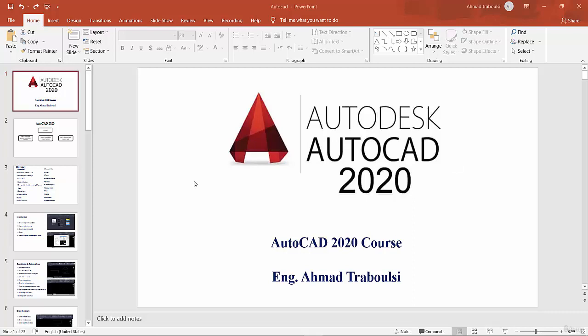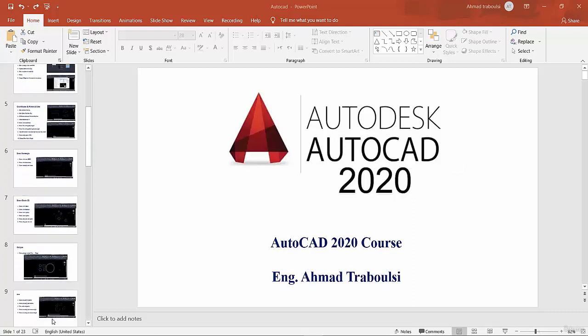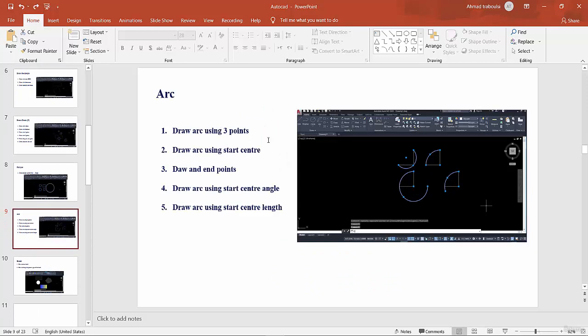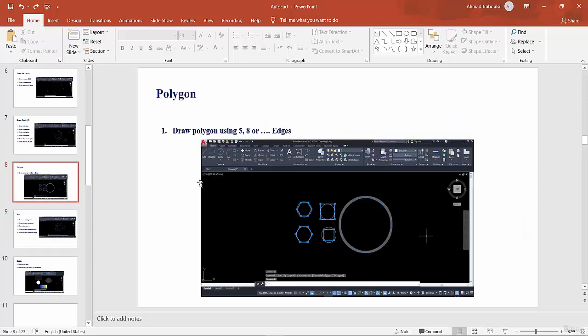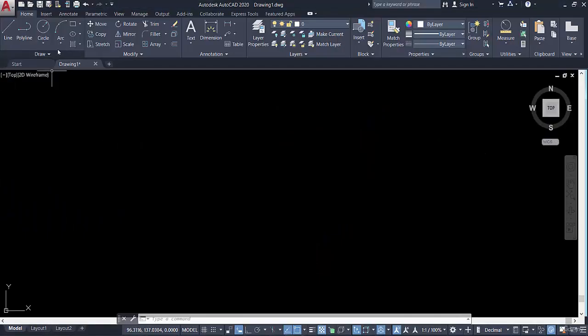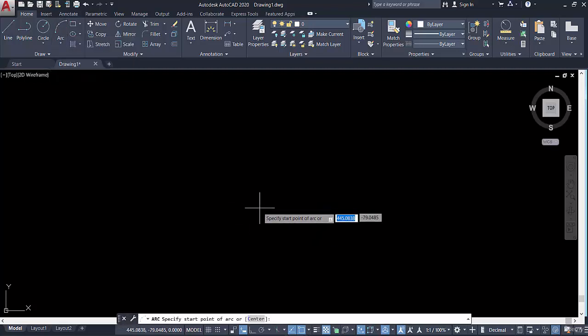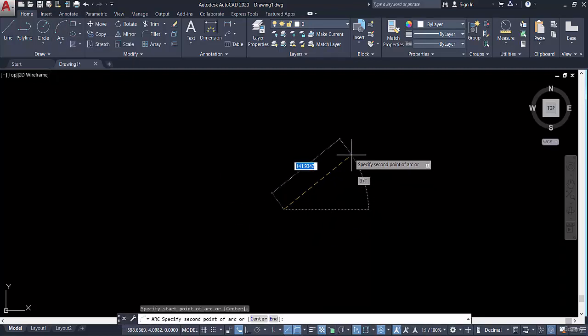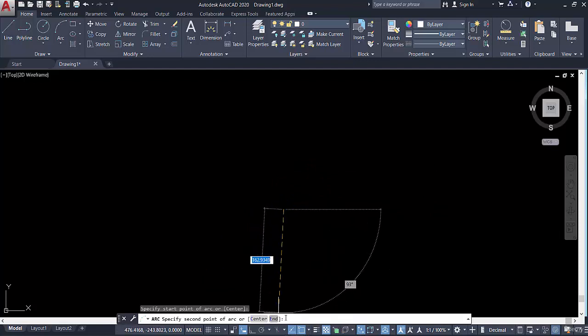So let's go to slide number 9. We can show here that we have many methods to draw an arc. Let's go to AutoCAD. First of all, to draw an arc we can go directly to here and press the first point. Then we need to include the center, for example 2,